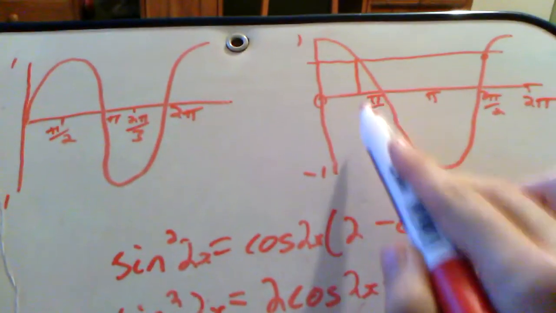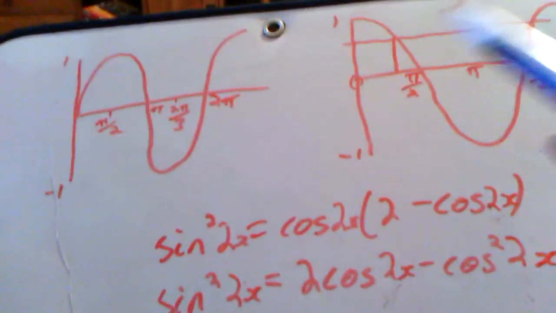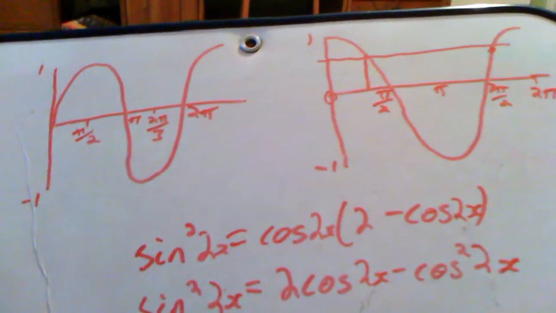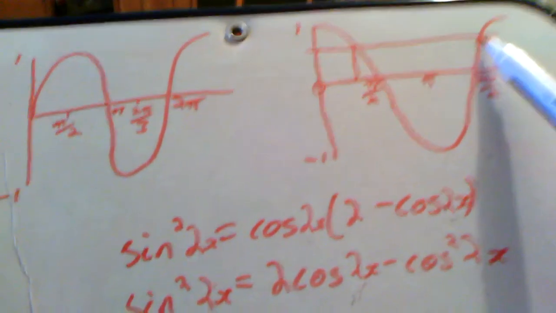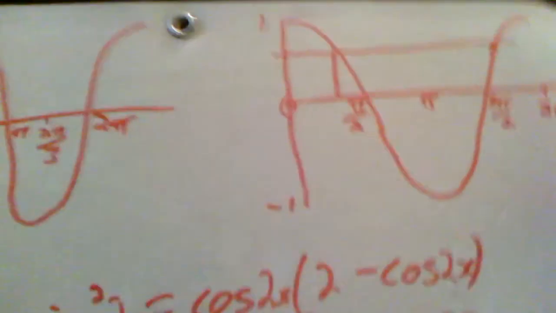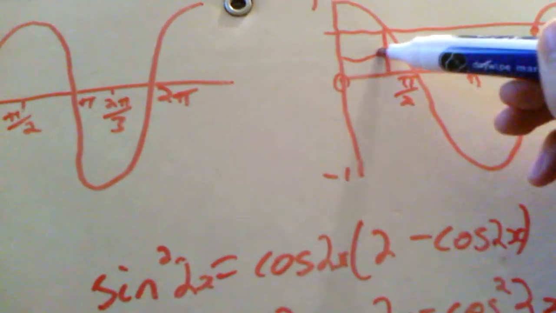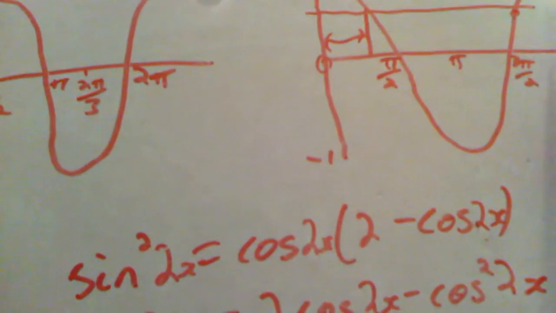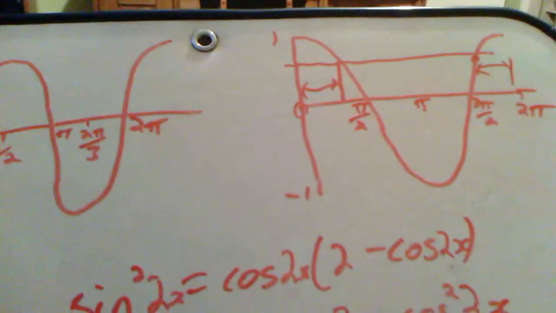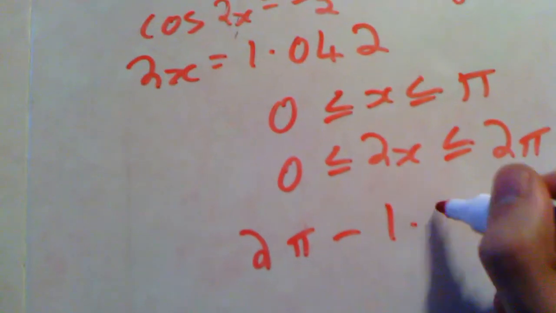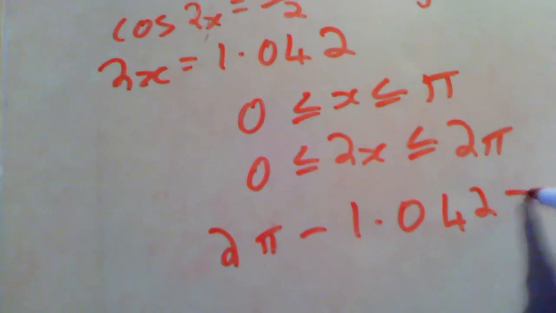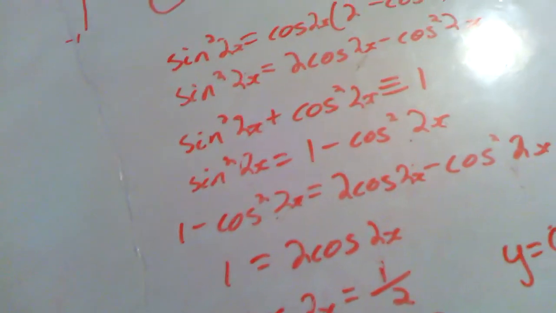Now, this 1.042 is 1.042 distances away from 0. That distance from 2 pi is exactly the same. So all we're going to do, 2 pi take away 1.042 to get what that is. Okay? Because this distance and this distance are exactly the same. The distance between here is 1.042, the distance between here is 1.042. So let's do now, what we're doing, 2 pi take away 1.042. Bash that in on the calculator. That equals